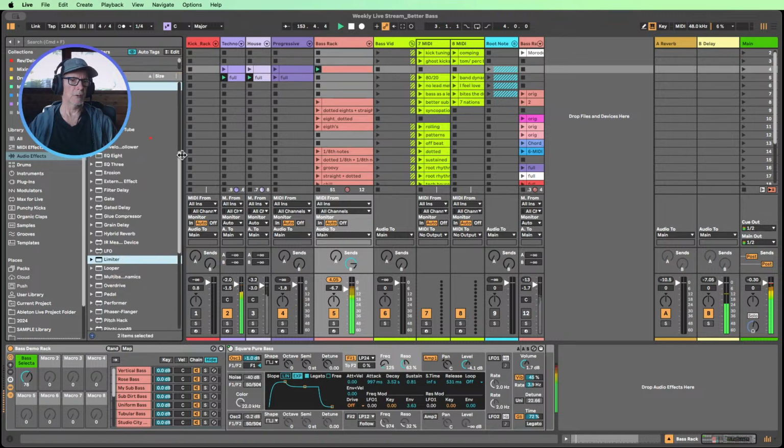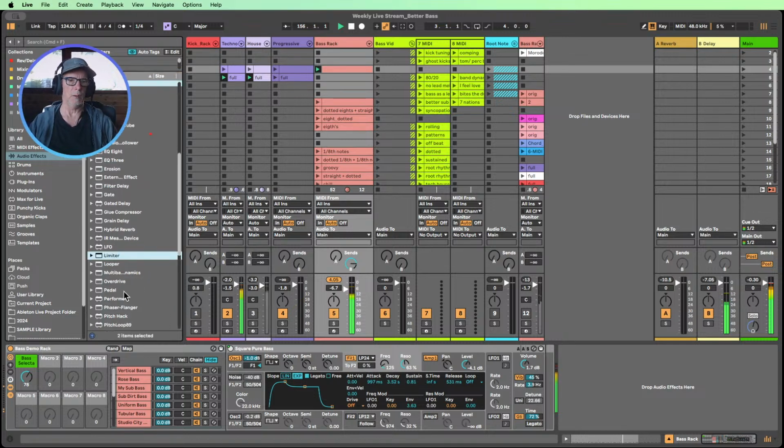Just showing you where a simple pattern and an Ableton preset could go, right? It could go where it's headed.